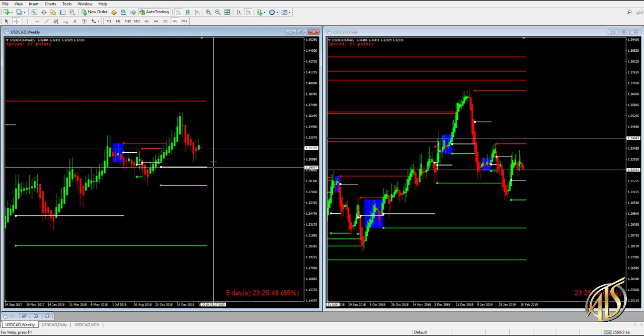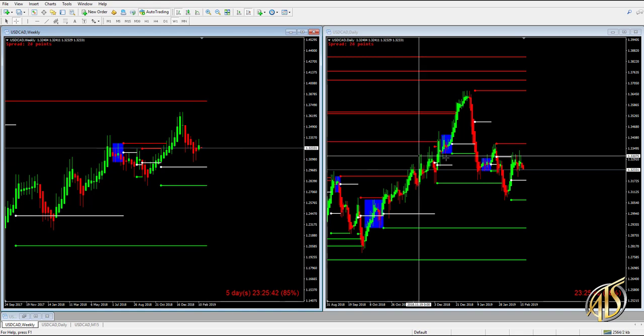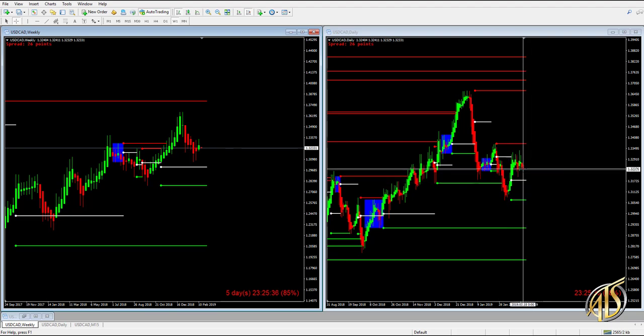So what I'd be looking at, the tipping point of where I'm going to really start to take this week seriously, would be once this daily gets under the expansion level here. I know that's going to be a tipping point. If the daily crawls down, and then we get some movement down below here, and we start to hold below